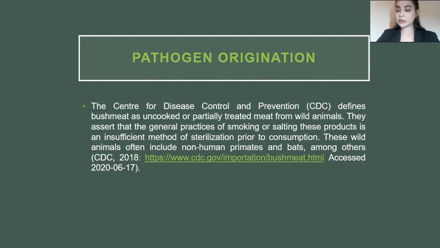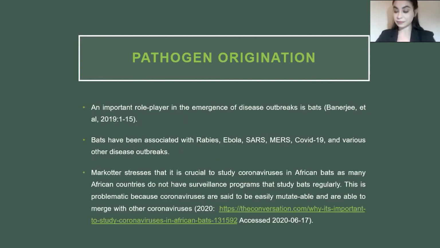These wild animals often include non-human primates, but what's very important to note is that they often include bats. And bats are a crucial role player in the emergence of disease outbreaks. Bats have been associated with diseases such as rabies, Ebola, SARS, MERS, and COVID-19. So it's very important to be studying